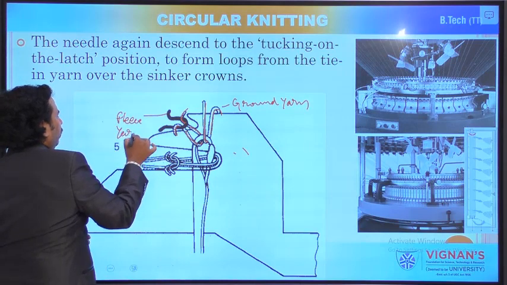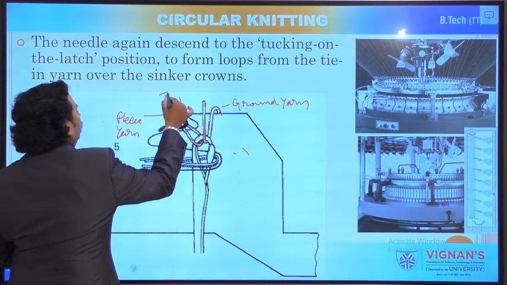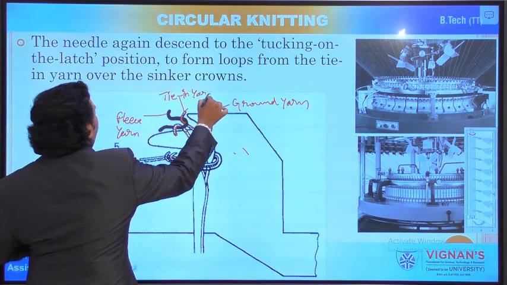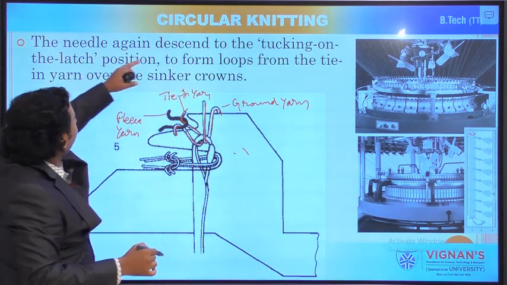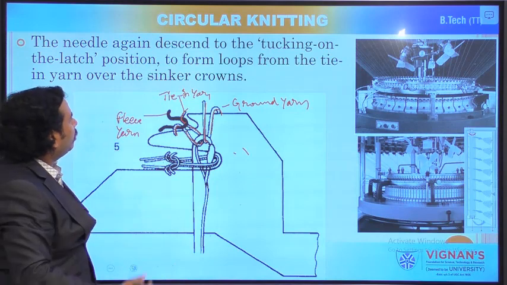This is our fleece yarn, and this is our tie-in yarn. And you can see here the needle again descends to tucking on the latch position to form loops from